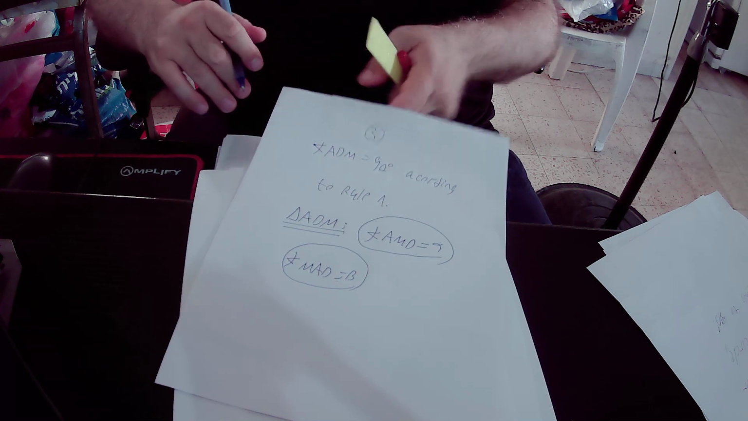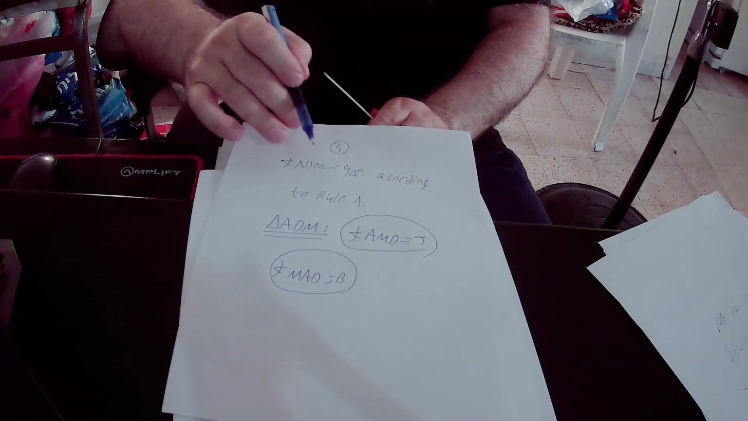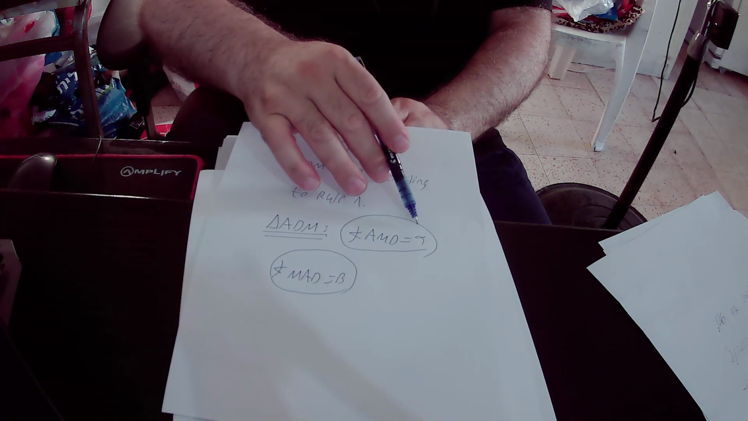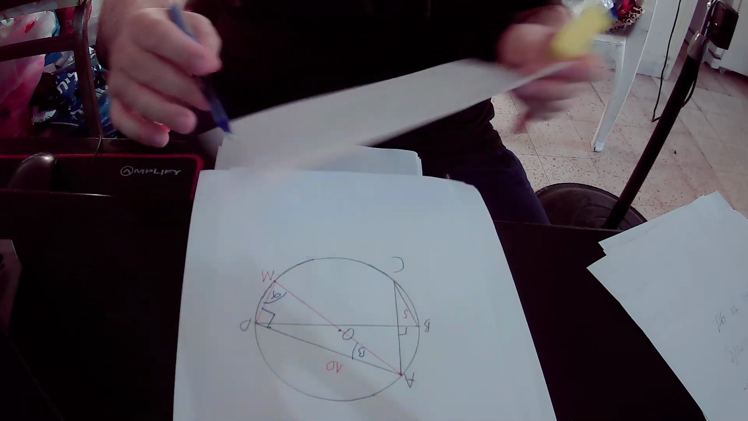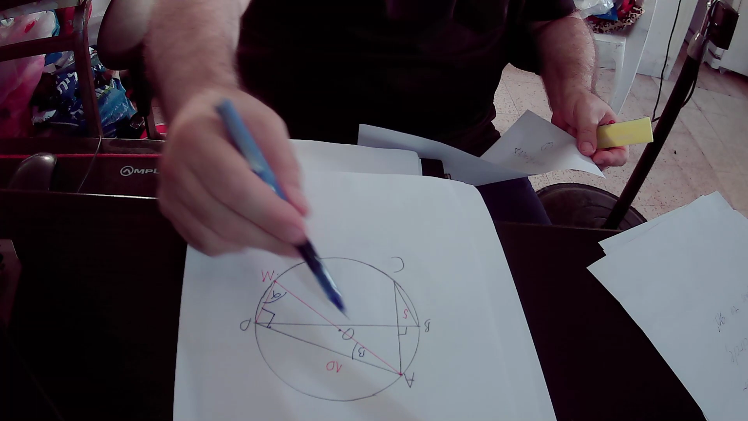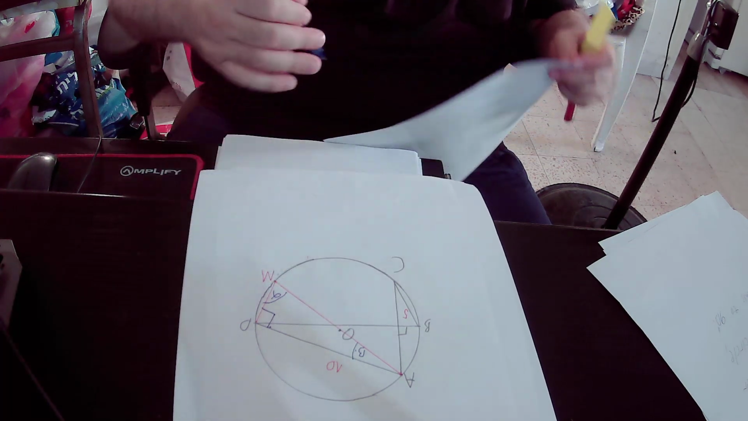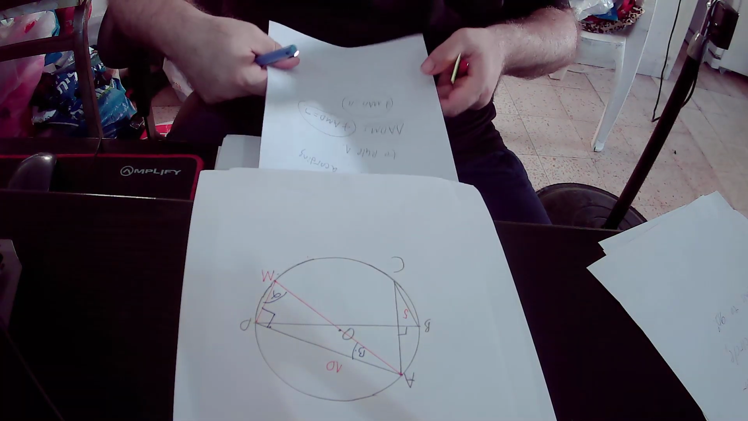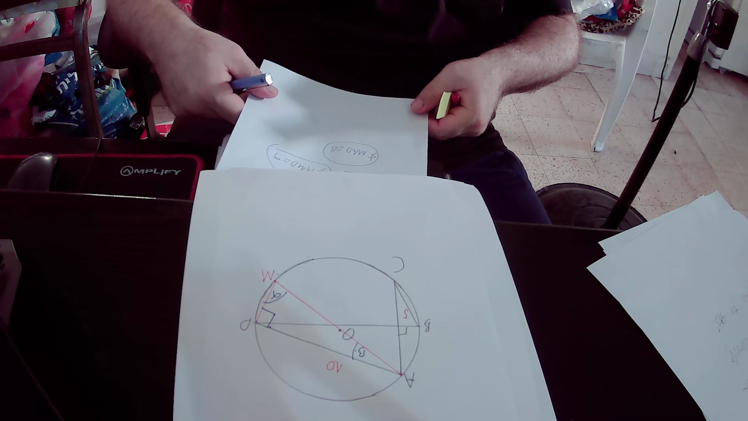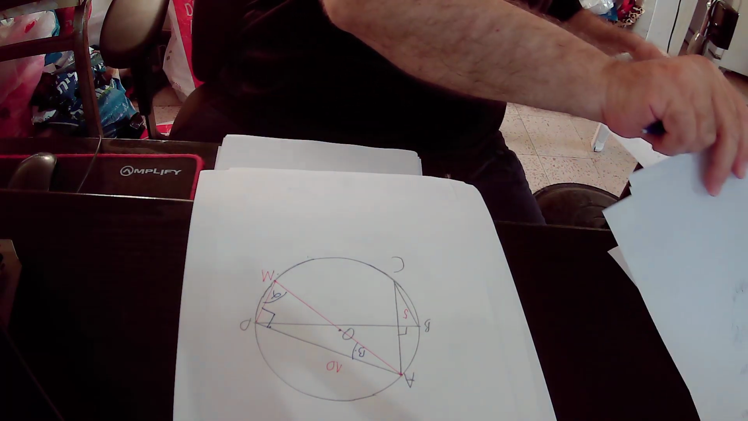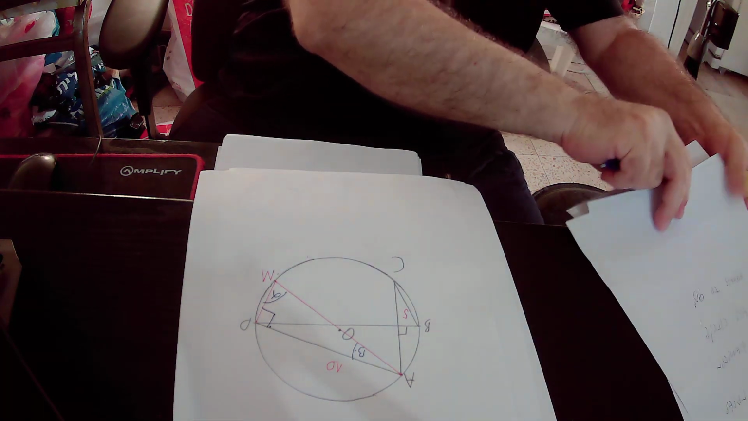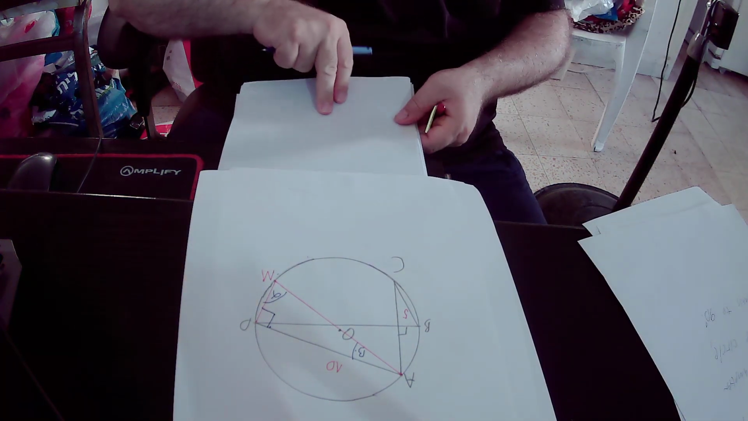Okay, angle AMD equals alpha and angle MAD equals beta. This angle equals alpha and this angle equals beta. Okay, and we actually know